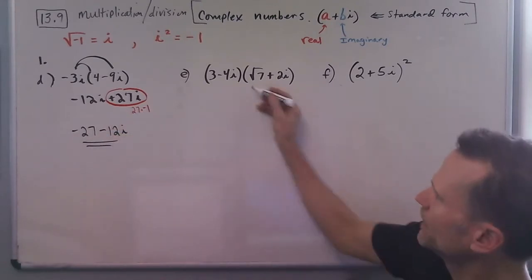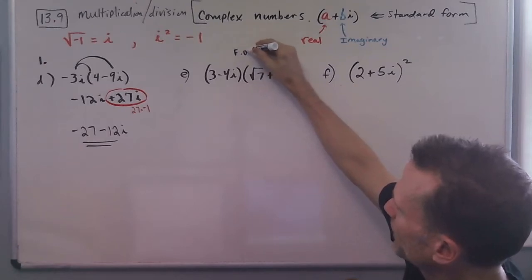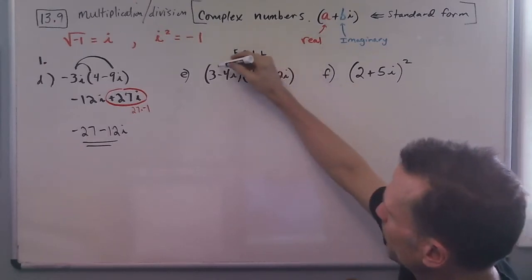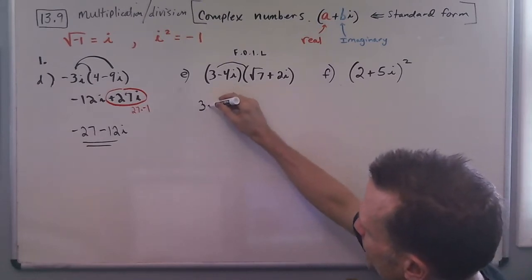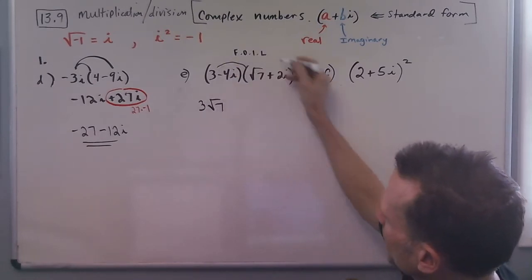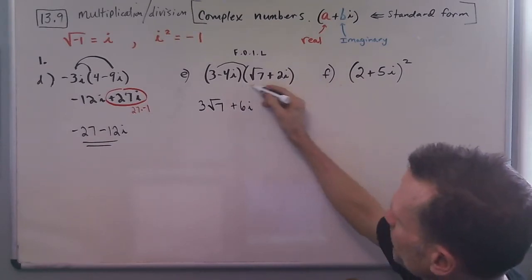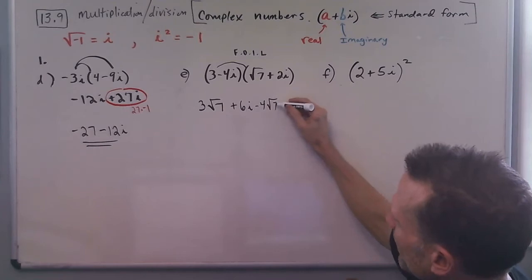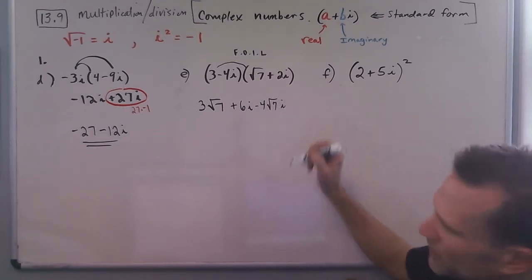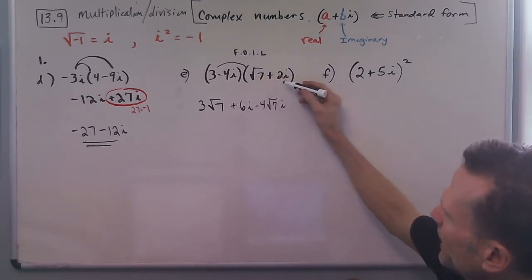Okay. And then here we have a binomial times a binomial, so we can think of doing FOIL here. So we'll multiply the first together, and we have 3 radical 7. Then we'll multiply the outside, we'll get 6i. Multiply the inside here, we get negative 4 radical 7i. The only thing we can really do is write all that stuff together, showing we want to multiply it together. And then last here, we get